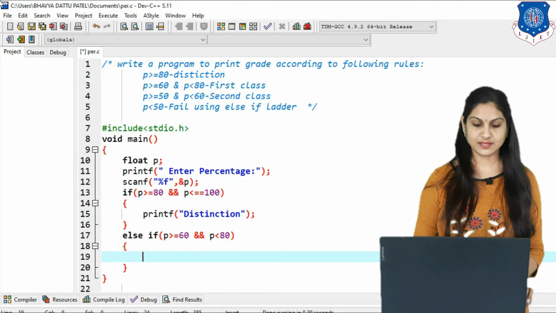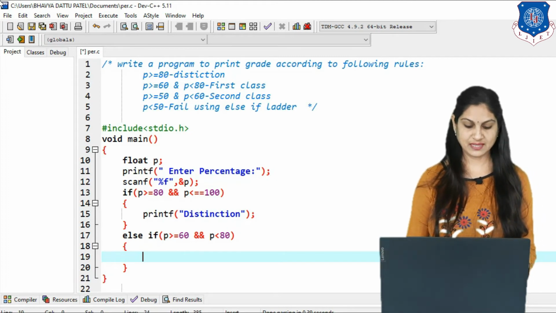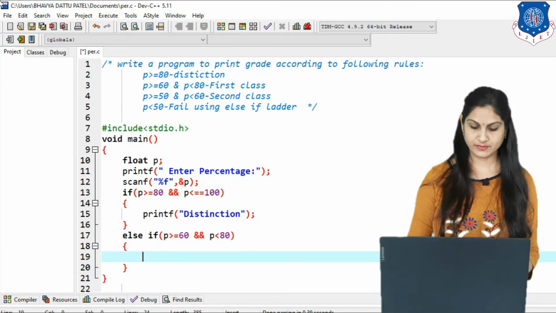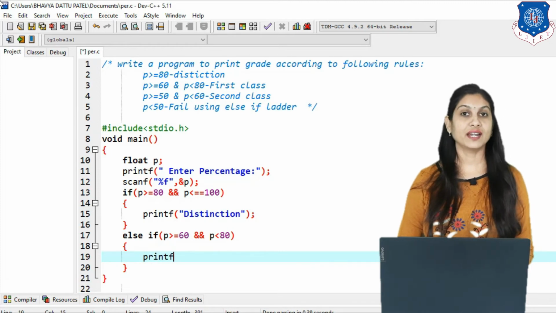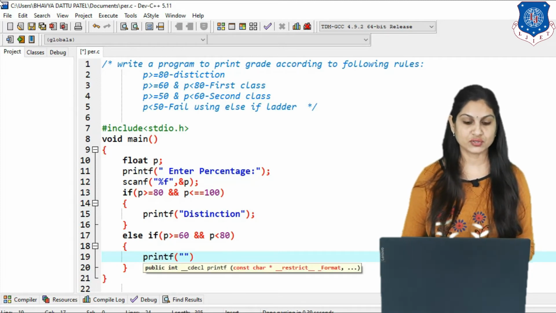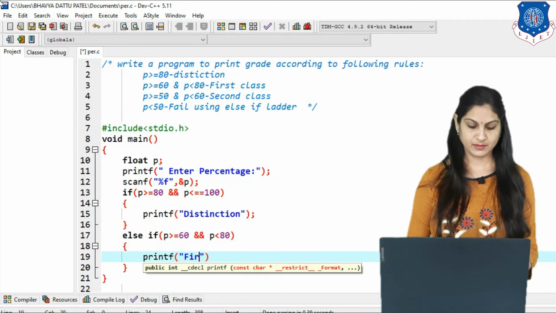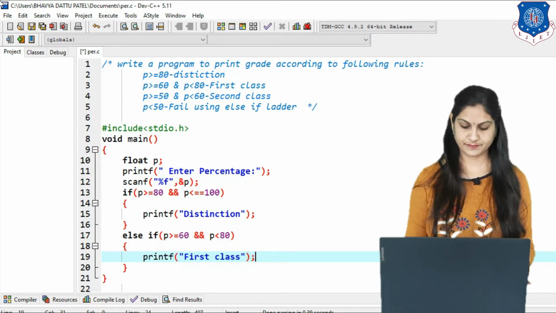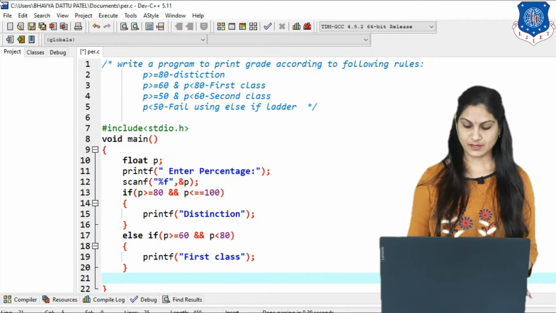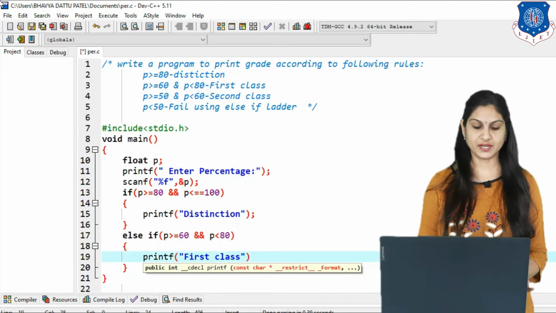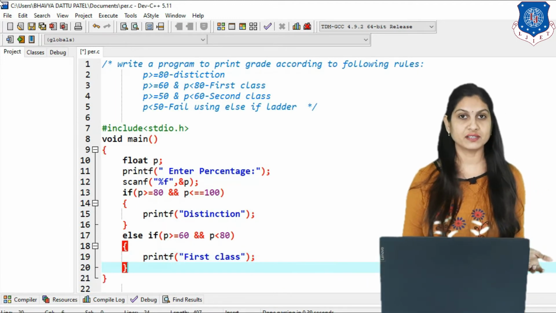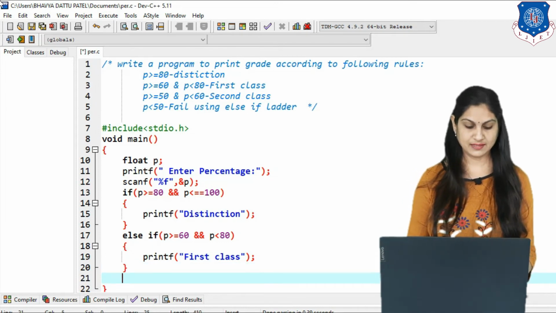In the else if we print the message using printf. Our grade, when this condition is true, is first class, so simply print "first class". Now this else if is completed. Now you have to check another condition, so again use else if.